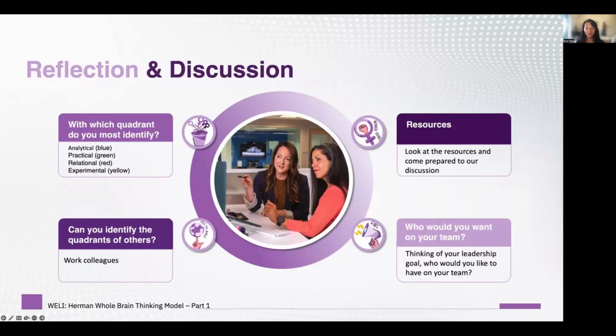So following the format of the quadrant, starting up in the top left, I really want you to have a think about which quadrant you most identify with. So remember, that's the blue analyticals, the green practicals, the red relational people, or the yellow experimental thinkers. If you're not really sure, if you think that you're sitting 50-50 within 2 groups, then just try one on. Just see what it's like to